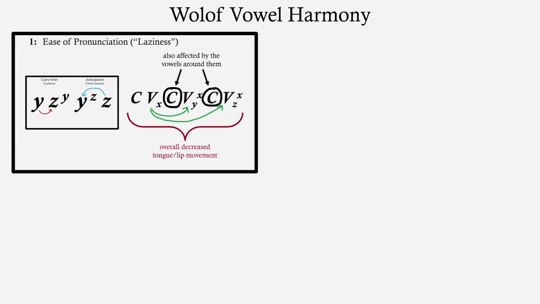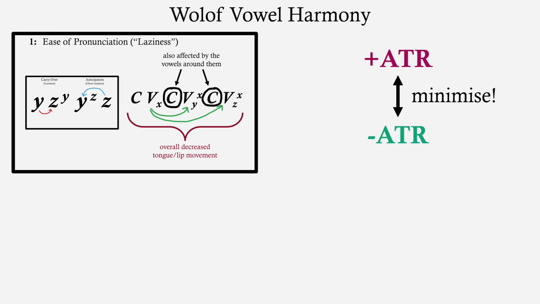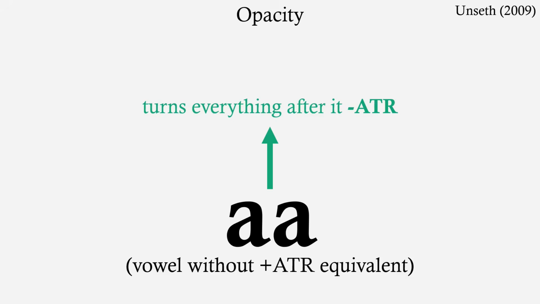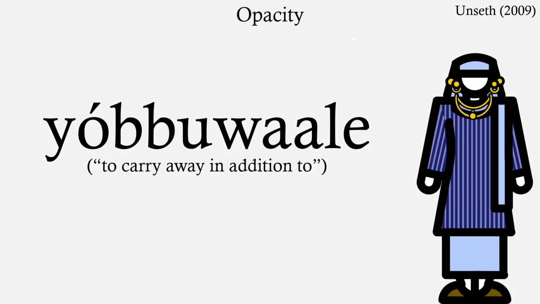Now, if we're talking about saving energy, we want to switch between advanced tongue root and non-advanced tongue root as few times as possible over the course of a word. So the R vowel becomes opaque. Everything after it becomes non-ATR, like in the word yobuwale, where the first two vowels are ATR, but then we